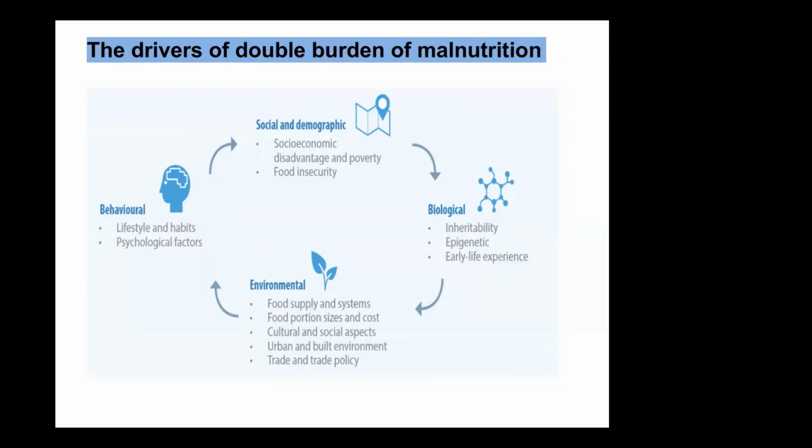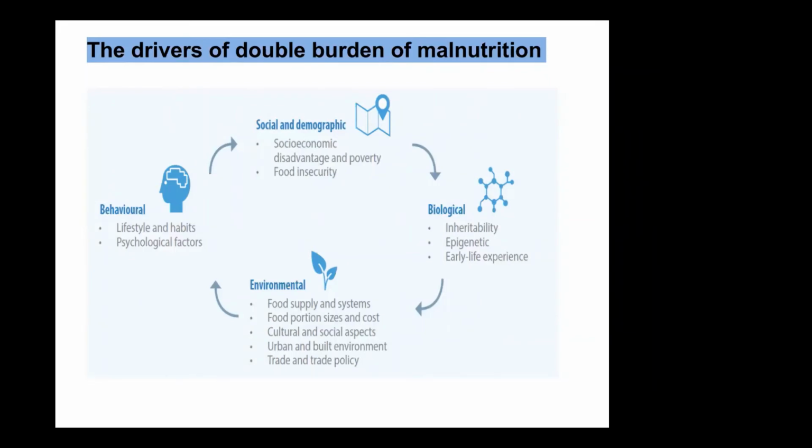So the economic status may not always work for some people. Then there are so many other factors that affect malnutrition. Food insecurity is lack of food access. Not only that, you need to have access to micronutrient-rich food. And the other factor is the biological factor, because we already talked about the early life experiences. If you have a bad experience in early life, the chances are high that you will be malnourished in later life.